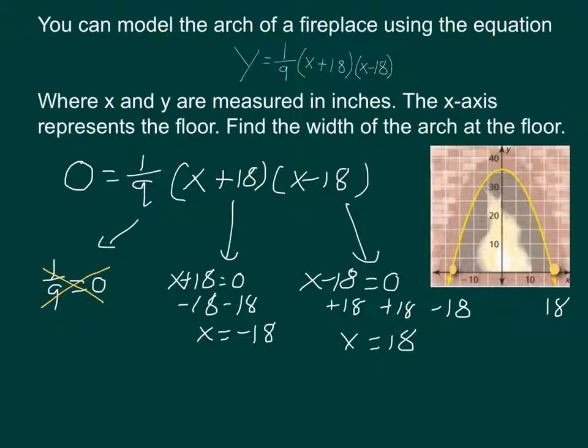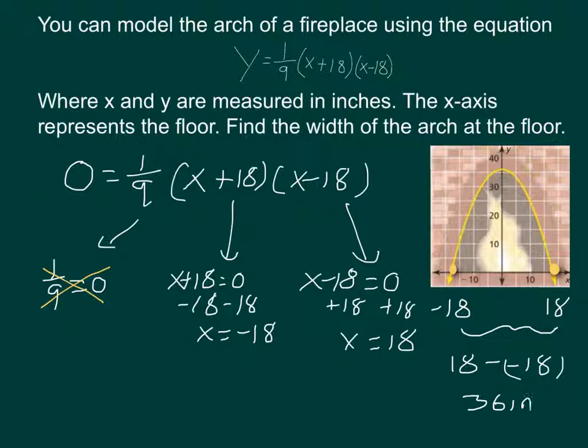And now that I've identified where those points are, I can very easily find the distance between them. If I'm going from negative 18 to 18, that total distance, or the width of the arch at the floor, which was my original question, would be the distance between 18 and negative 18, also known as 18 minus negative 18, which is